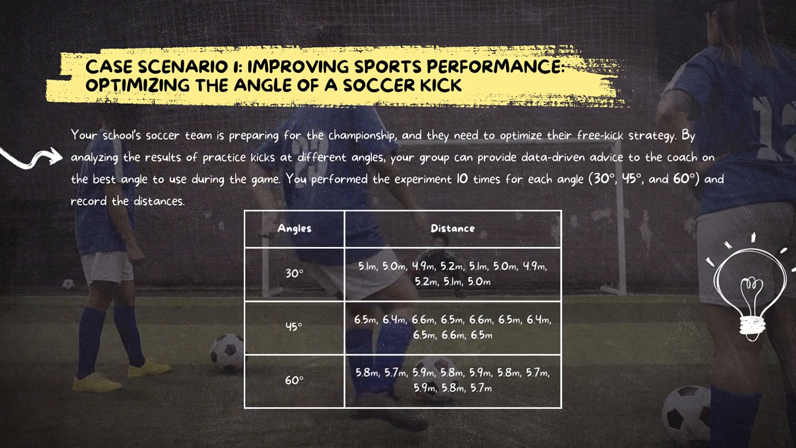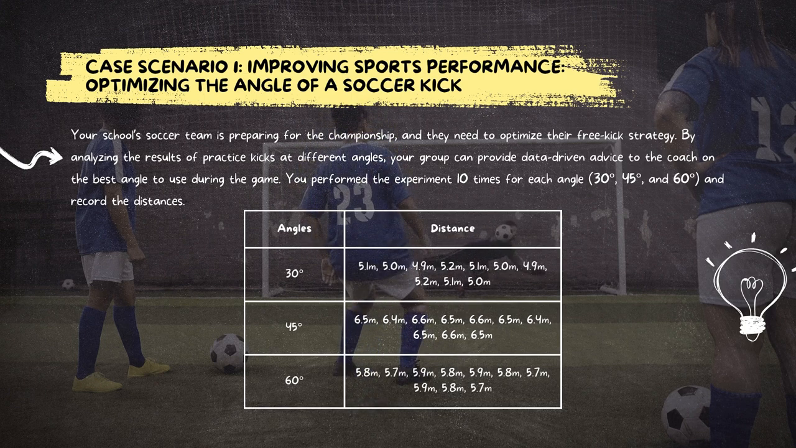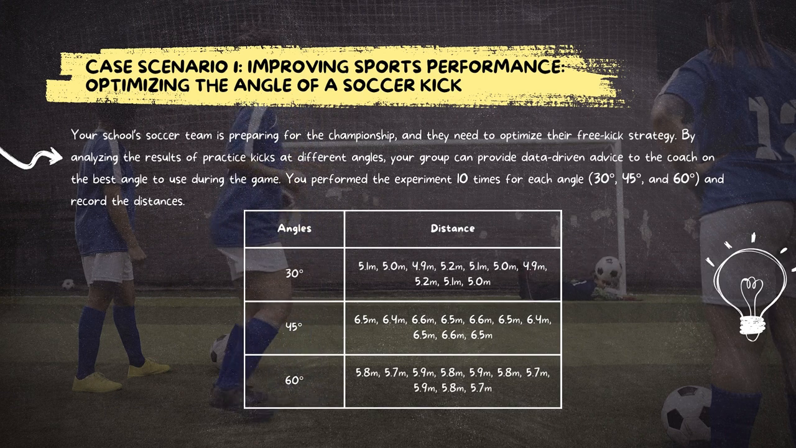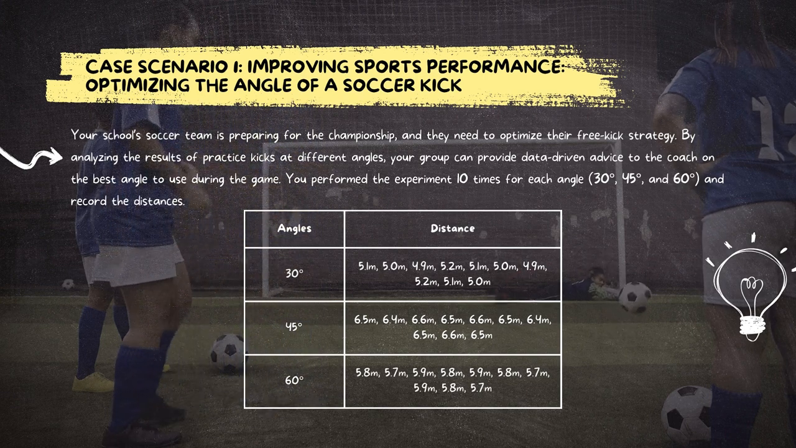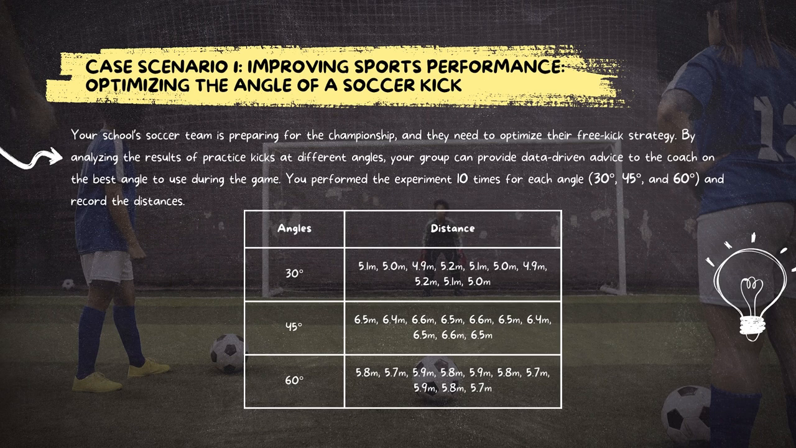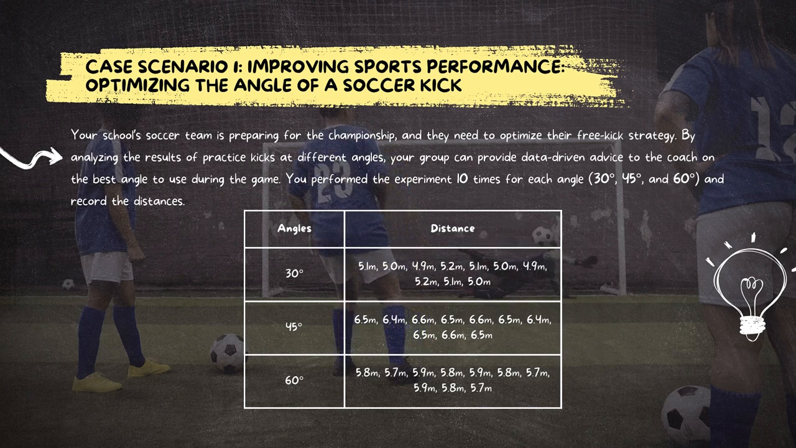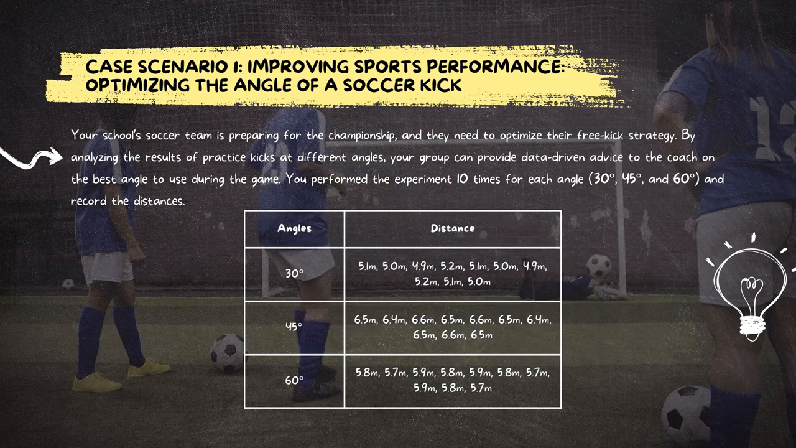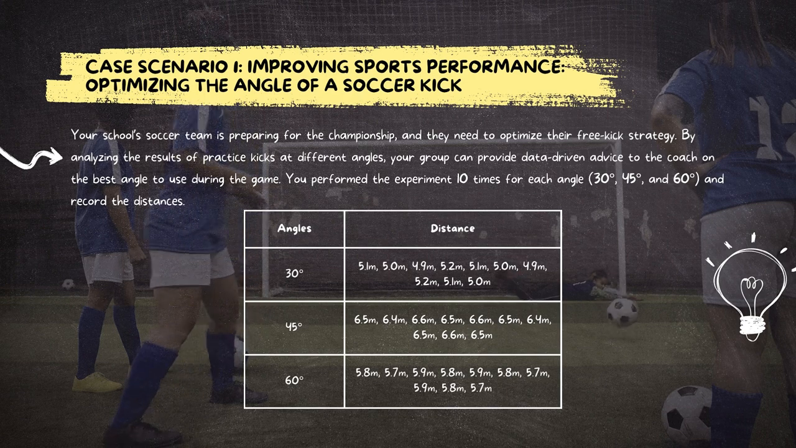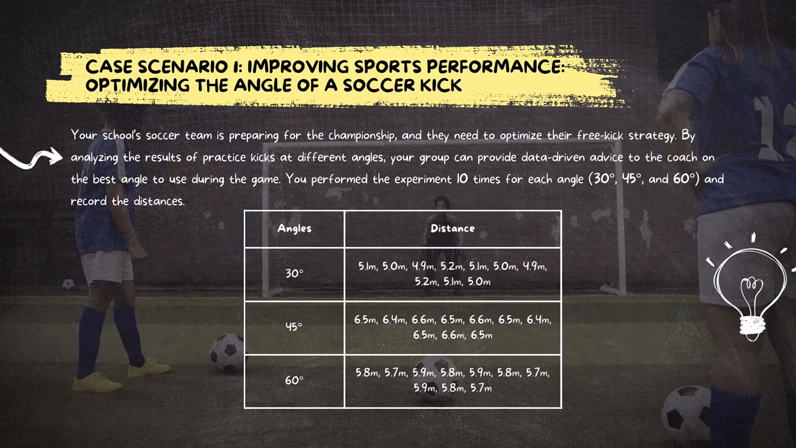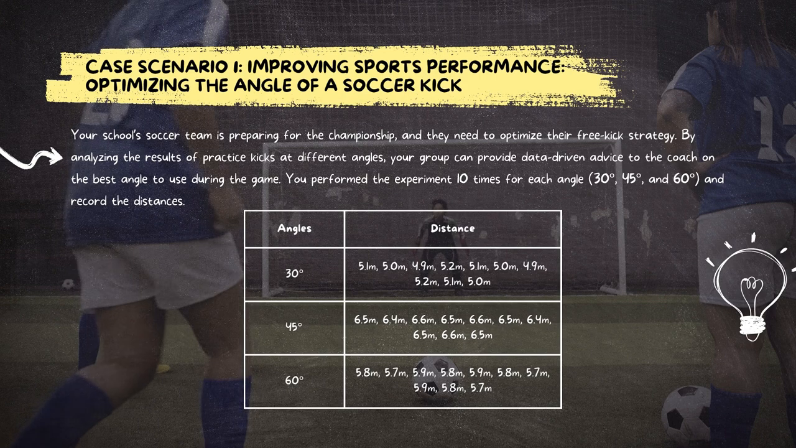And we have the angles and the distance. 30 degrees: 5.1 meters, 5.0 meters, 4.9 meters, 5.2 meters, 5.1 meters, 5.0 meters, 4.9 meters, 5.2 meters, 5.1 meters, and 5.0 meters. And we have 45 degrees,